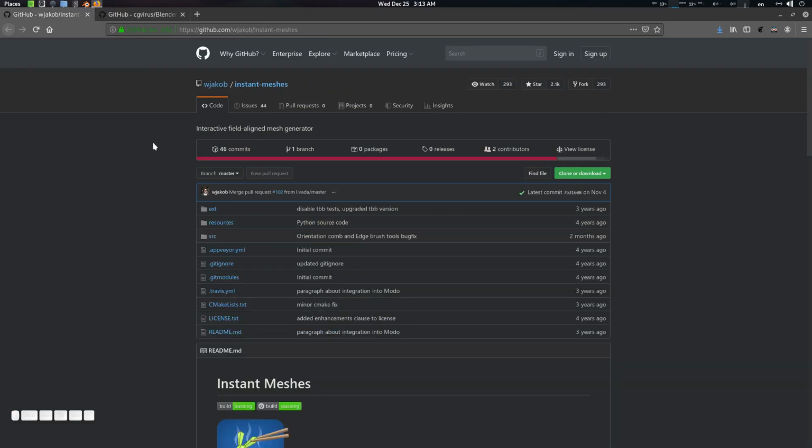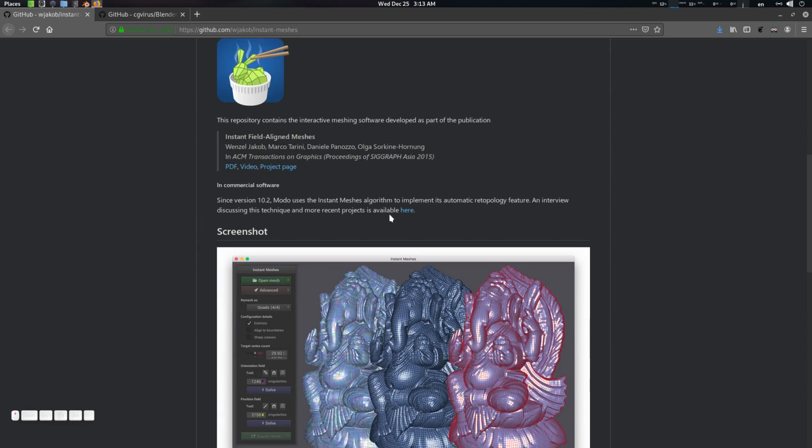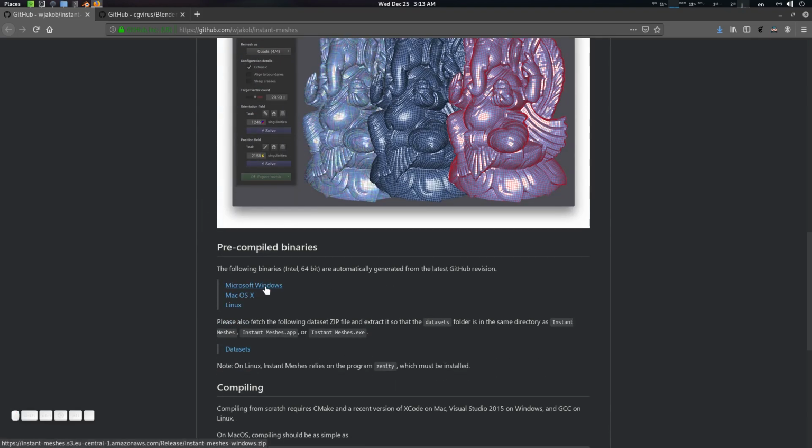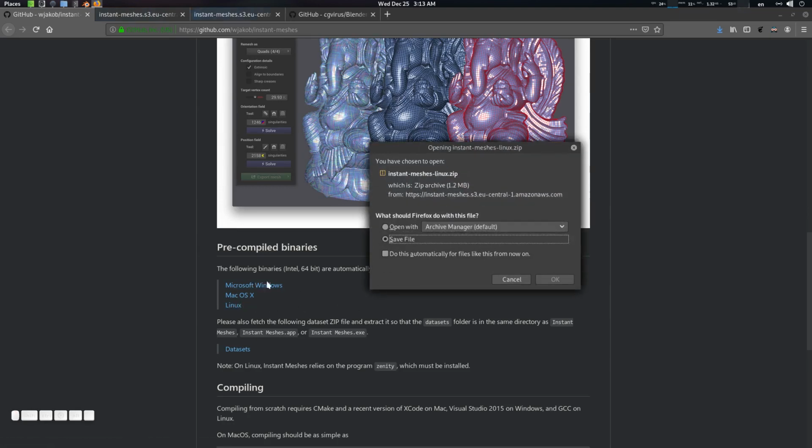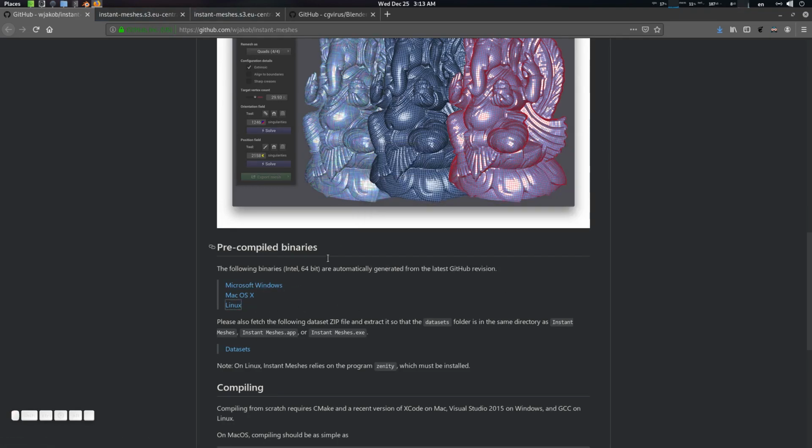First of all, you need to download Instant Meshes from wjakob. You will find the Microsoft Windows version here. If you need Linux, you can get it from here as well. If you need Mac, you can download it from there as well. So then